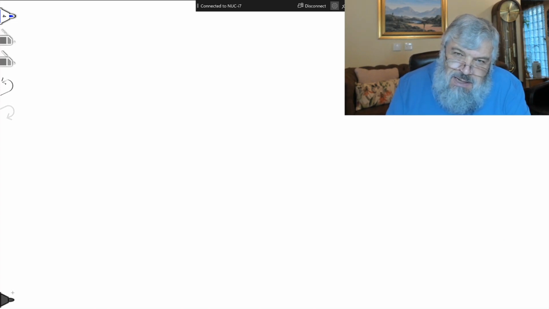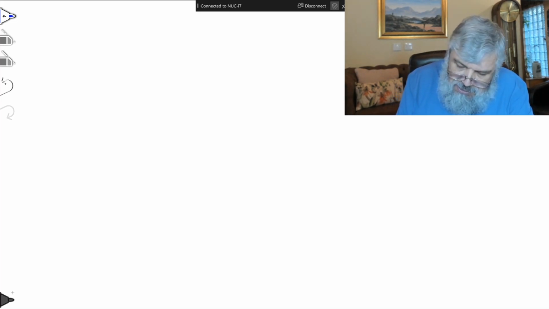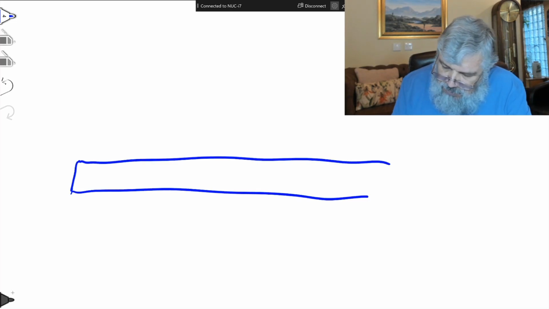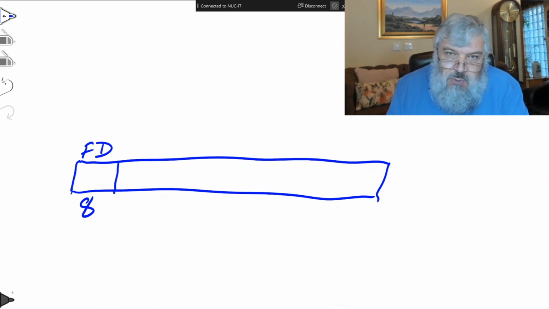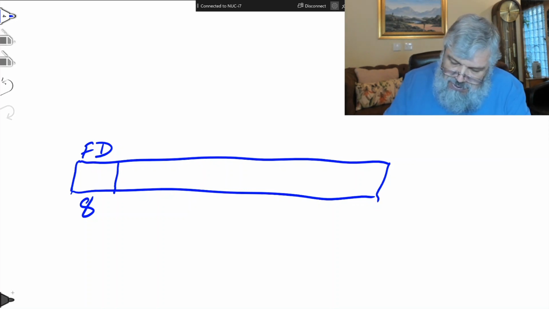Sometimes it's slightly easier to think about these addresses by drawing little pictures. So the private address that we've just looked at will consist of fields that look as follows. You will have 8 bits, and they will contain the value FD to say that you're using one of these special private addresses that have been categorized for private use.